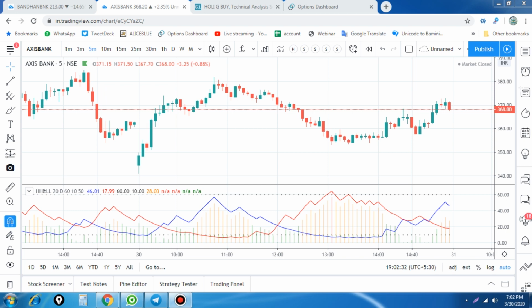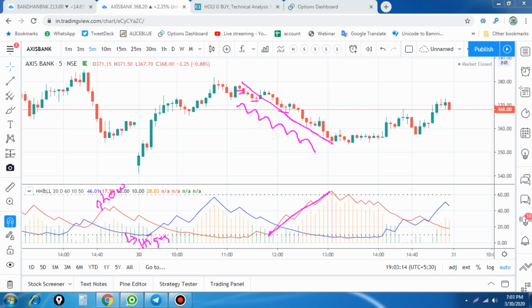The higher high lower low indicator is simply telling you the formation of new highs and new lows. If the stock is forming new lows, lower lows, the red bar is indicating the low, and the blue is indicating higher levels. For example, this is a low, and again a new low. When the stock is forming new lower lows, that indicates the stock is in a downtrend. When the red color is moving up, vice versa, the stock keeps going down. That is important, you have to understand.